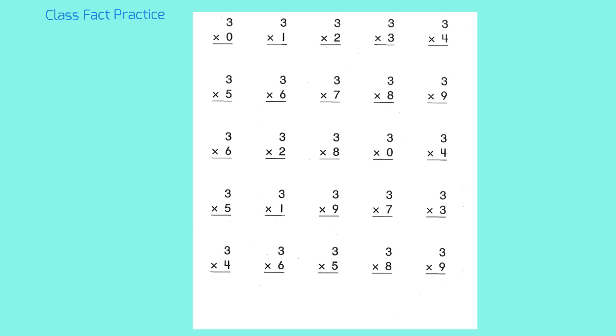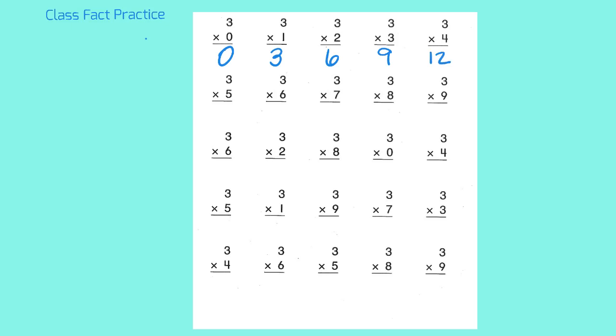All right, everyone, get ready. 3 times 0 equals 0. Hang on. 3 times 1 equals 3. 3 times 2 equals 6. 3 times 3 equals 9. 3 times 4 equals